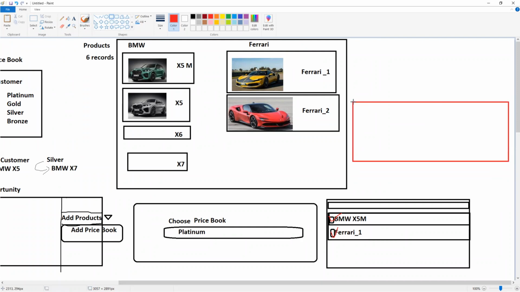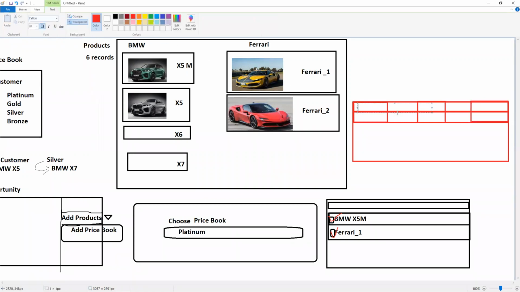Now here it is going to ask me the details of the list price. This is the standard price, but what is the actual price that you are going to sell it at? Are you going to use the same one? It is going to ask the quantity, and then it is going to ask the date and a few more details. Now here it says BMW X5,